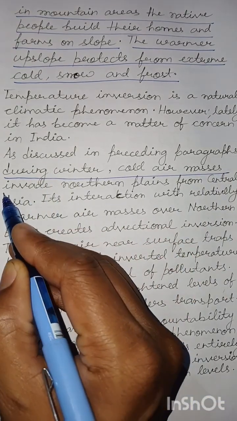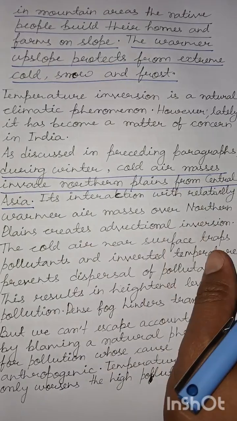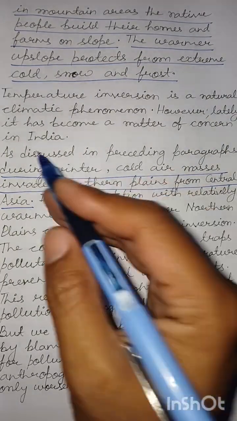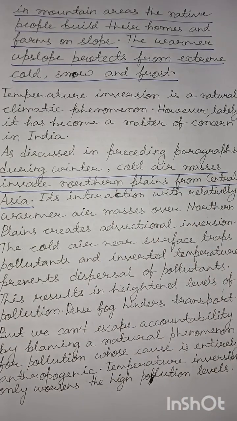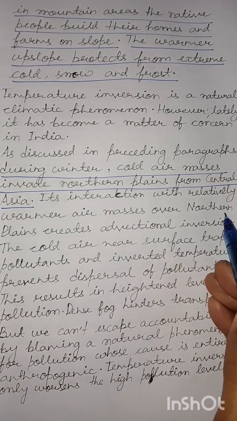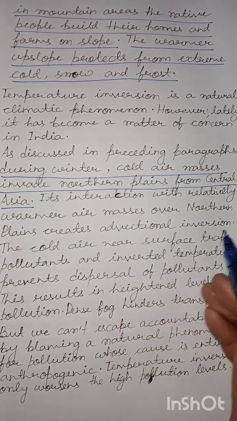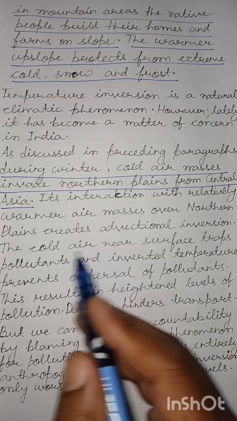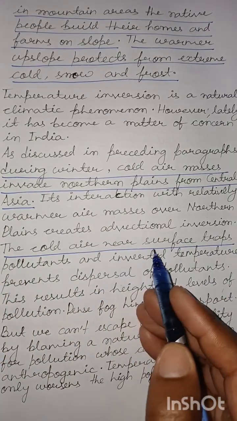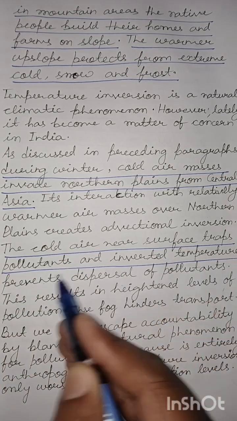cold air masses invade northern plains from Central Asia. The air above the northern plains is generally warmer compared to that coming from Central Asia. Its interaction with the warmer air creates advectional inversion. The cold air near the surface, now pay attention,